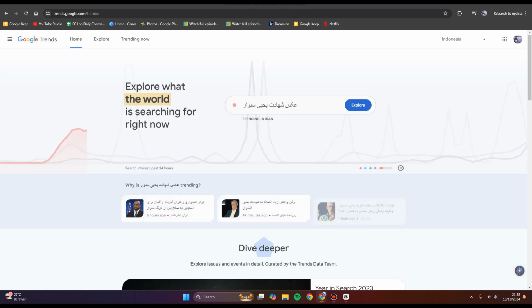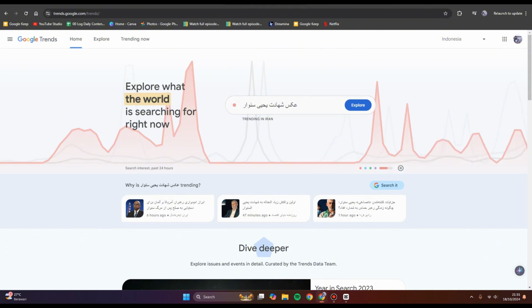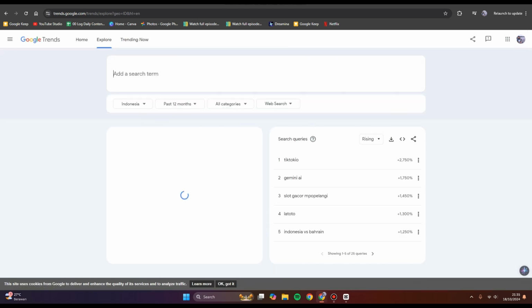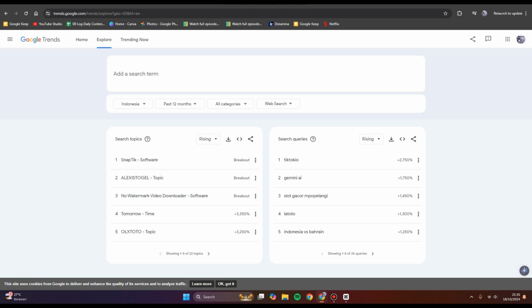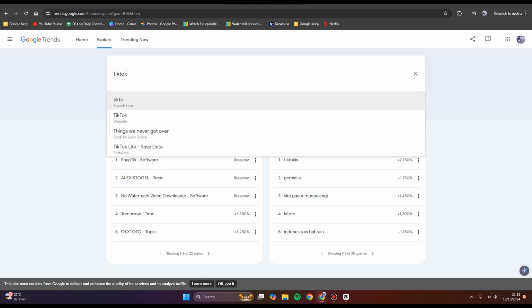You can use a certain keyword in here, or you can also click on explore in here, and you can add a search term, or you can see the current or trending topics here, or the queries you can see in my country. For example, in here I'm going to find a search term on, let's say, TikTok. You can hit enter,